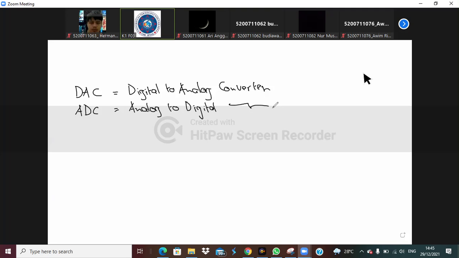Oke, yang pertama itu adalah DAC atau Digital to Analog Converter. Artinya inputnya digital. Kalau digital to analog, kebalikannya inputnya analog, keluarnya adalah